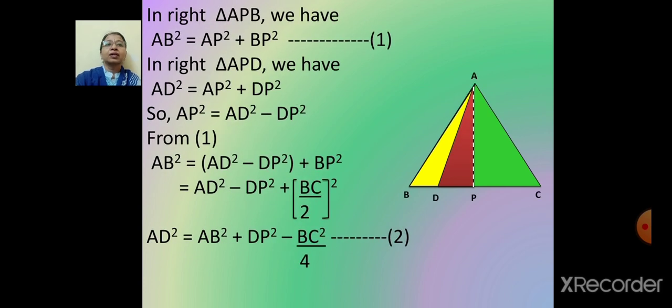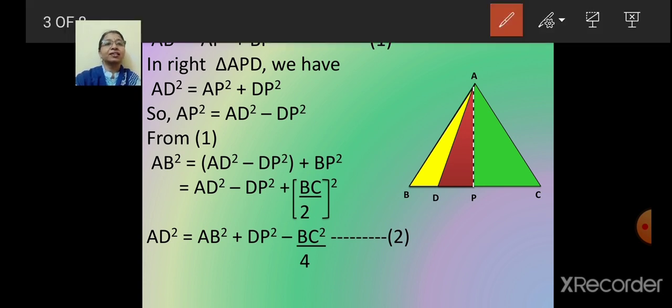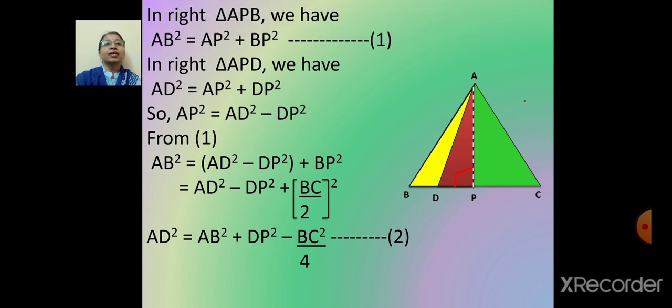Now you have right angle triangles now. So let me mark that right angle sign here. So this is right angle triangle, perpendicular sign. So in a right triangle APB, see in the diagram, triangle APB, this bigger one, apply Pythagoras theorem. So you will get AB square is equal to AP square plus BP square. Give this as equation number 1.